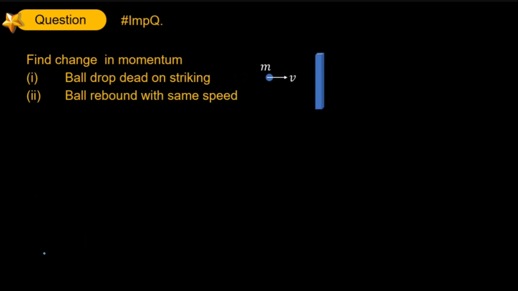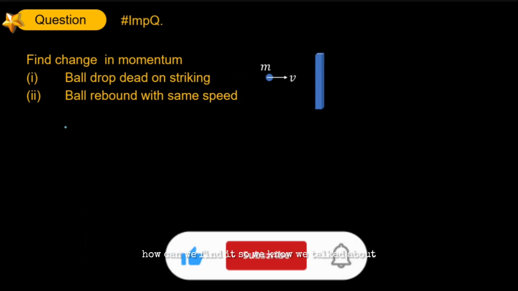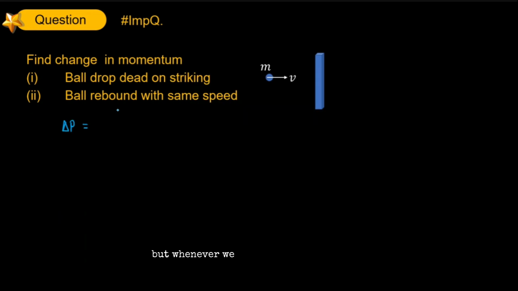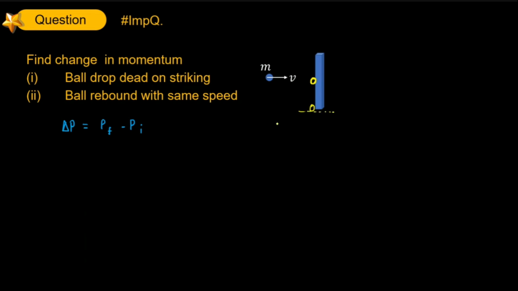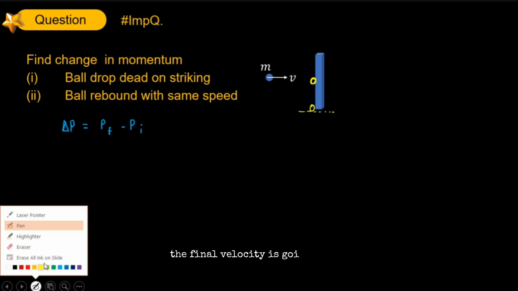Now try to find the change in momentum. How can we find it? We talked about this earlier: whenever we find a change, it is always final minus initial. Whatever value of momentum is there initially should be subtracted from the final value of momentum after the change. Initially the ball was going in this direction with velocity v. The question says the ball drops dead on striking. So in the first case, if the ball reaches the floor and just drops dead, the final velocity is going to be 0,